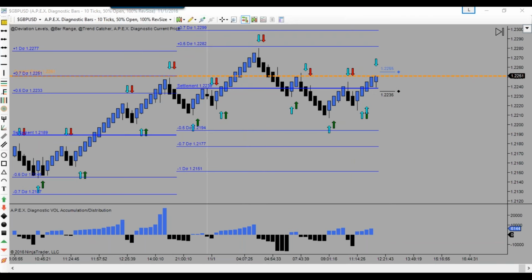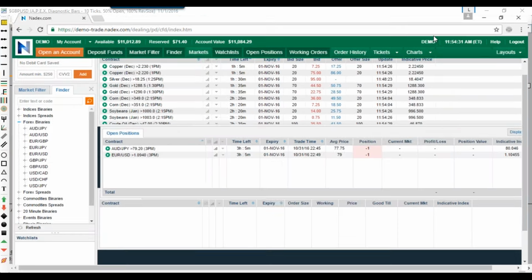But what is right here? You see settlement right here? Okay, I've got settlement right here. Well, I know that right around settlement, the market really respects these levels and it could hesitate here a little bit. Okay, so one of the things I would have been looking at, now obviously we're not at